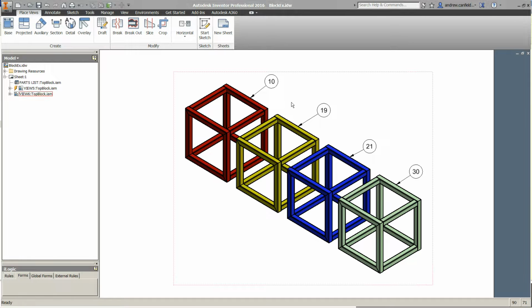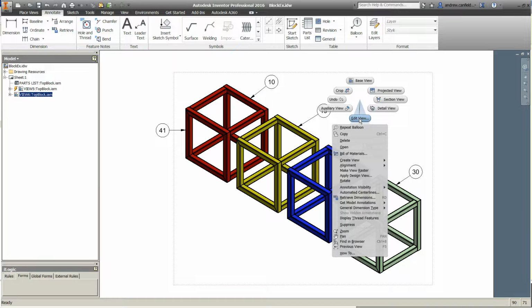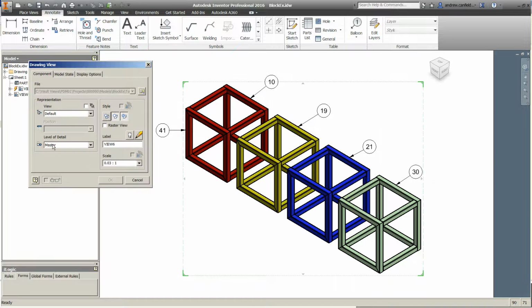So here I have a drawing, and that's a view that's been placed down at the master level of detail, and I can balloon every item in here. It's all recognizable on the sheet and in this workspace. So if I open up the assembly, looking at the view, you can see the level of detail is set